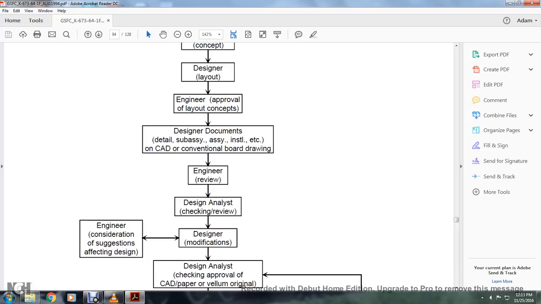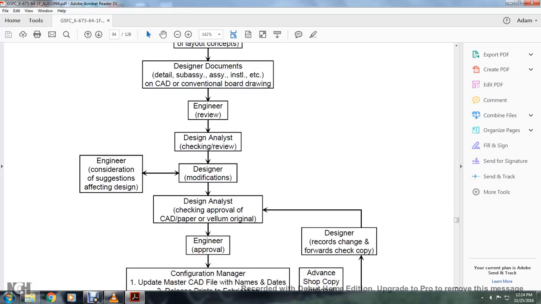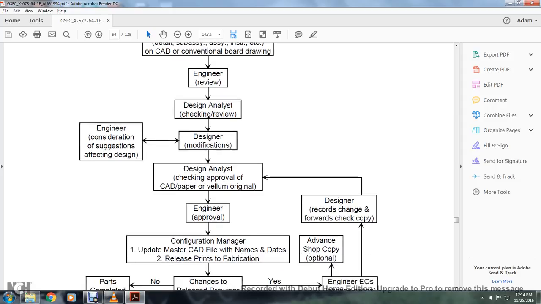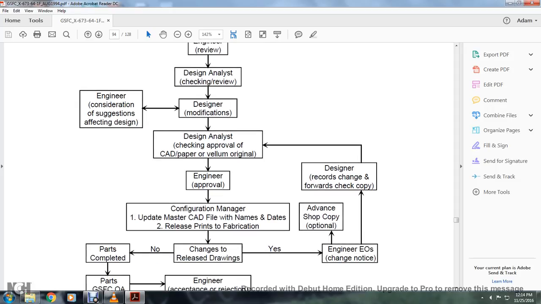Then it goes to design or modifications with the side job of the engineering considerations suggesting and affecting the design, and then with all the design or modifications, the design analysis, checking and approval of the CAD paper volume original into the engineering approval, configuration management, updated with the master CAD file with the name, the date, and the dates, release prints, and the fabrication to change the drawings released, and in which case it changes to the